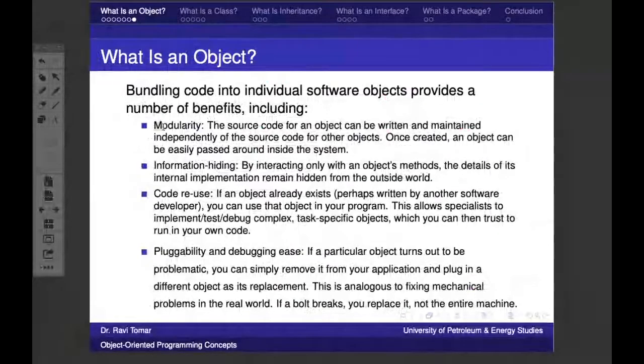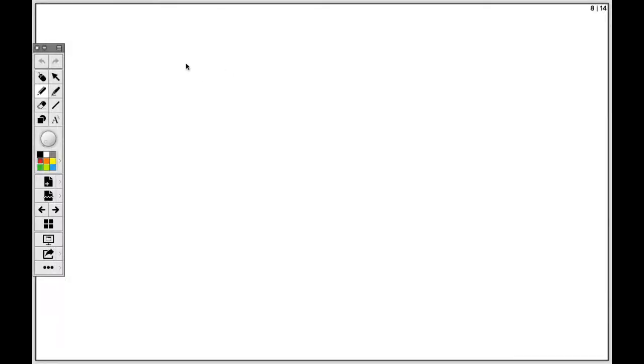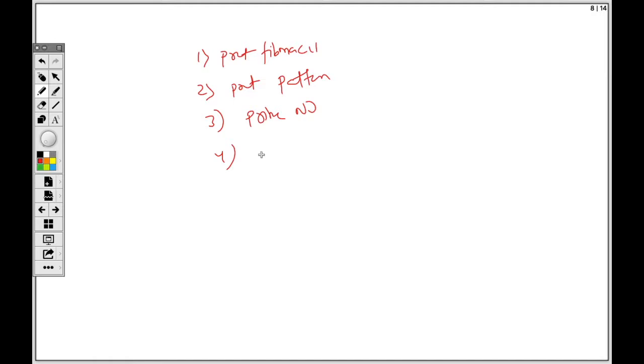So modularity, again, one more example for modularity could be, suppose we have to make one program that will print a Fibonacci series. A very simple example. A program to print some pattern, a diamond pattern or anything, to find a prime number, to print a factorial.